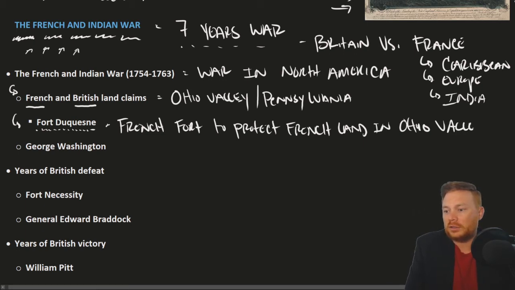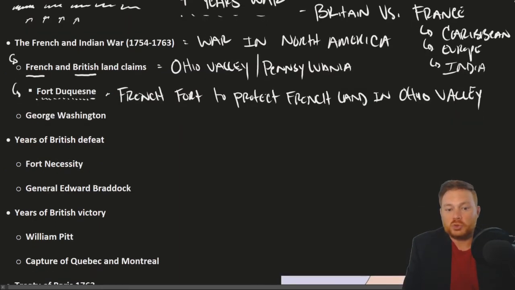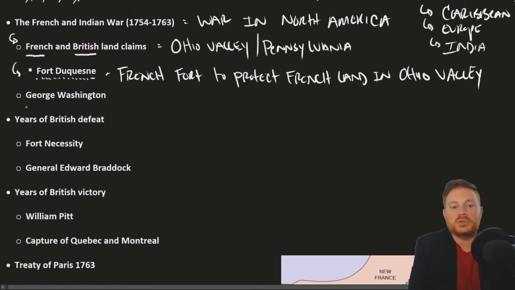Valley, Alley, right? George Washington, who at the time was a young land surveyor, was hired by Virginia to go out into this disputed land claim or into this disputed territory and make claims on behalf of Great Britain. He was sent with a small detachment of forces, and it was when George Washington was out in